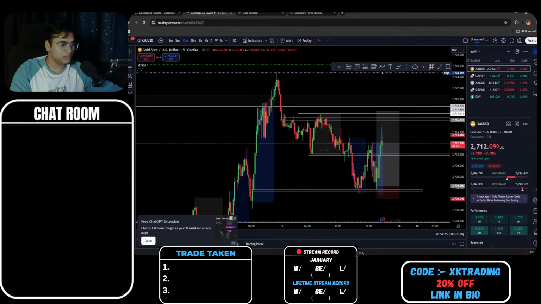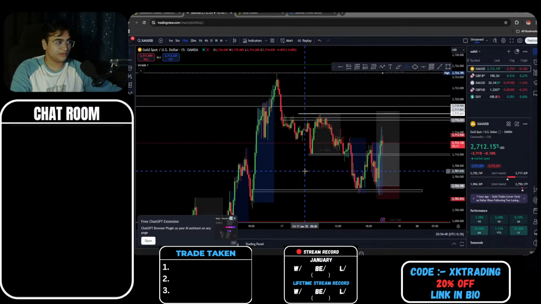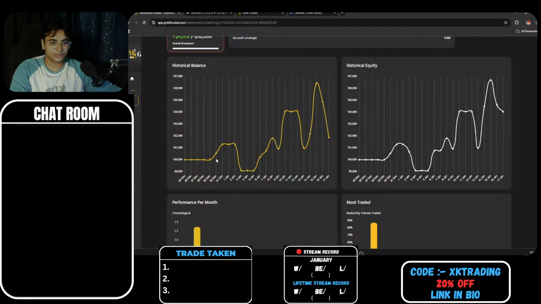So what's your average risk per trade? My risk changes according to account size. Let's say I'm on phase one and starting a totally new account from 100K. I'll be risking only 0.50% of the account. And once I make around 1% or so, then I'll start risking that 1% to make a higher gain.